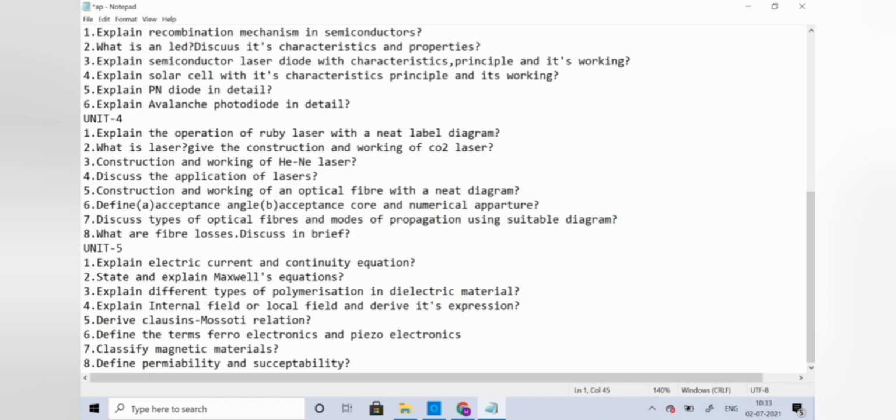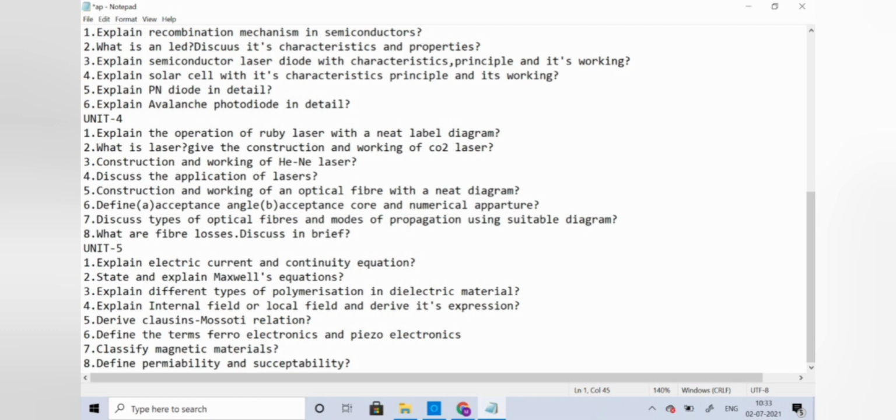So these are the important questions from the third unit. In the third unit, mostly we'll have the principles, working principles, construction and applications. So now coming to unit 4, explain the operation of ruby laser with a neat labelled diagram. Yes, we have to define the ruby laser, principle, construction and applications, and please don't forget to draw a neat